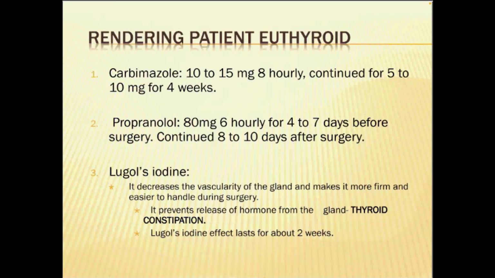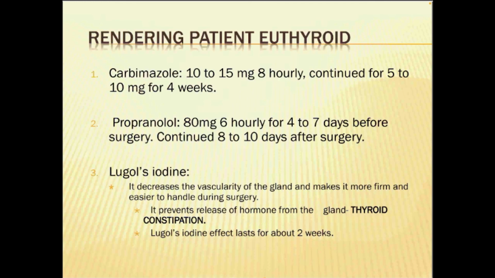Even after thyroidectomy, the thyroid hormones T3 and T4 already released into the blood will be present, because the half-life of T4 is 7 days. So even after 7 days of surgery, the T4 will be present. To prevent the T4 getting converted into T3, we go for propranolol. Then levothyroxine: this will reduce the vascularity of the gland, so that there will be less bleeding intraoperatively. The important side effect of this is constipation.